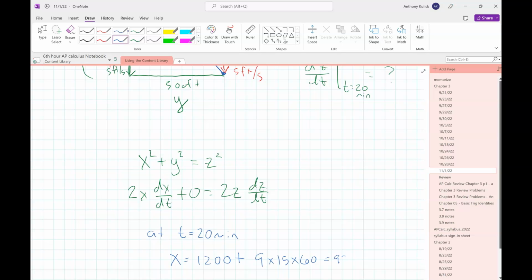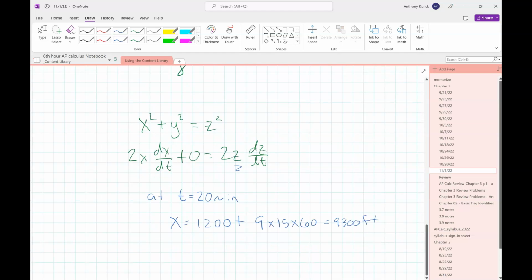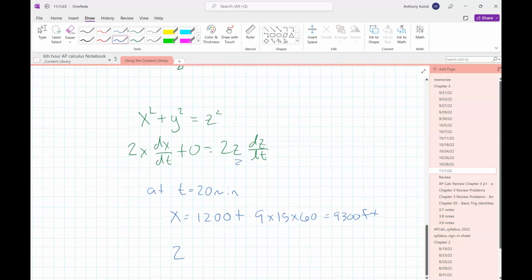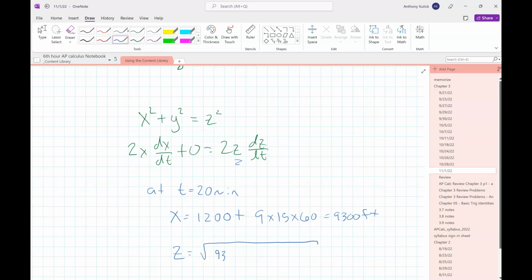So that's 9,300 feet. Everybody's okay there? And we also need a value for z. So z is going to be just found using a Pythagorean theorem, right? Because now that we know how long x is, and we know how long y is, this is just going to be